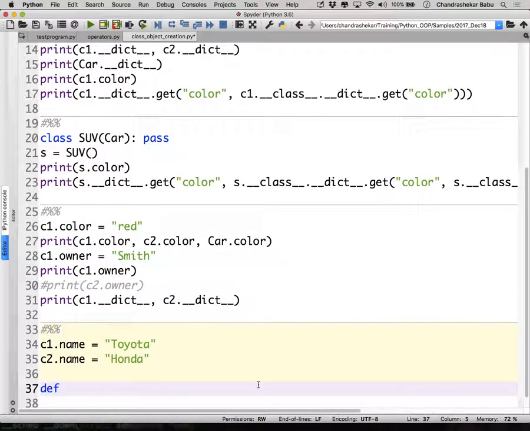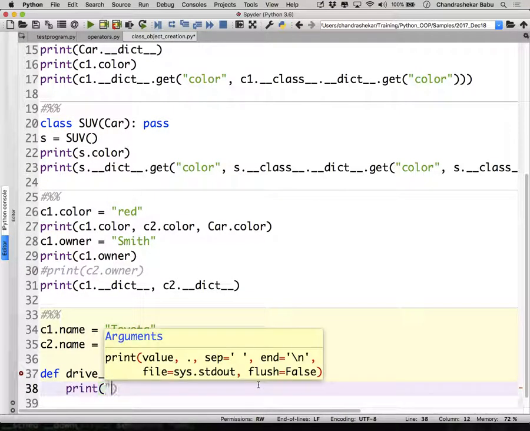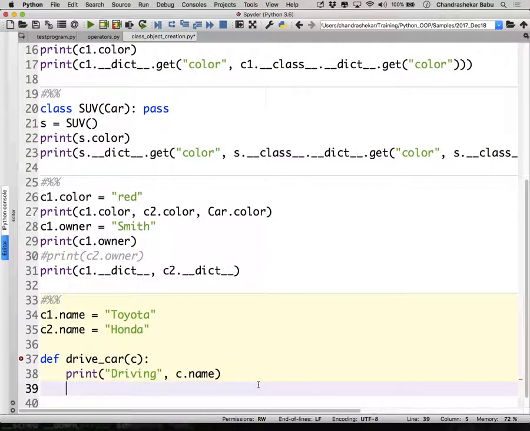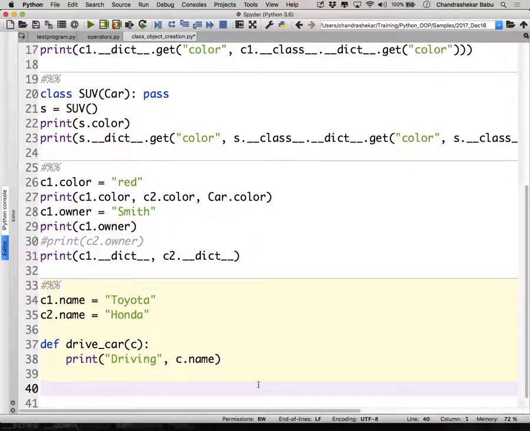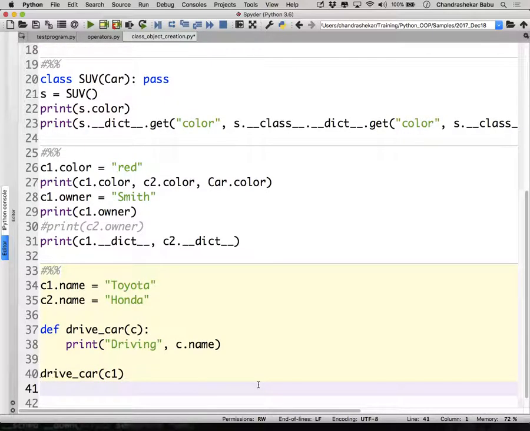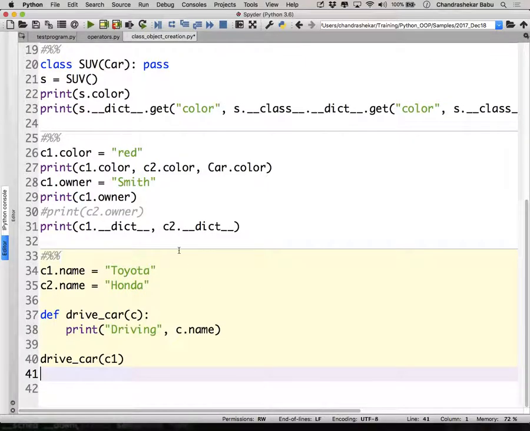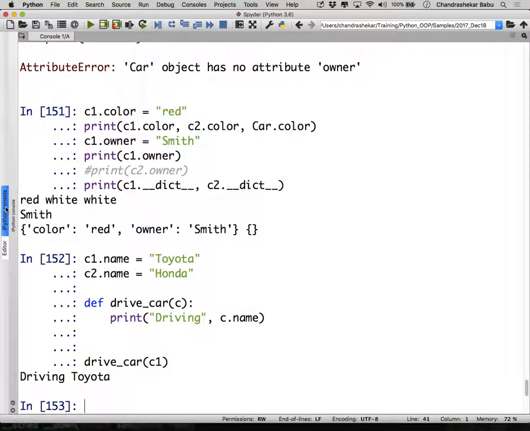And I have one function, just a function, called drive_car of c that prints driving c dot name. It takes an argument, supposedly a car object, and accesses an attribute of it and prints it. When I call drive_car of C1, just see the result. Driving Toyota.